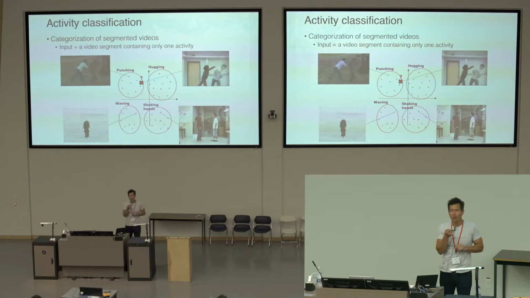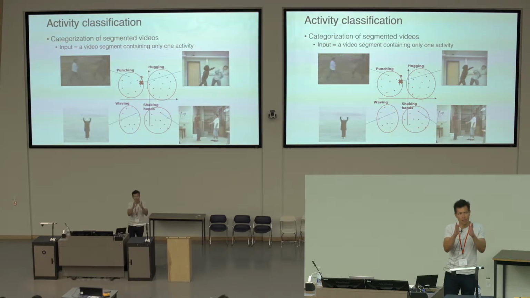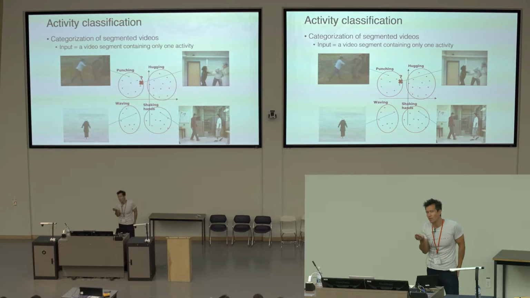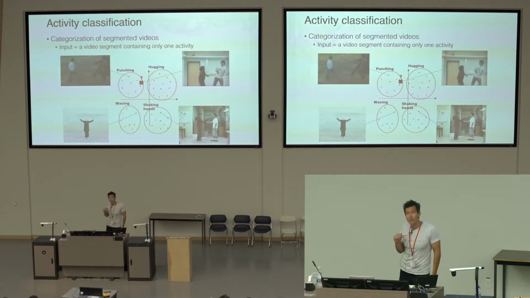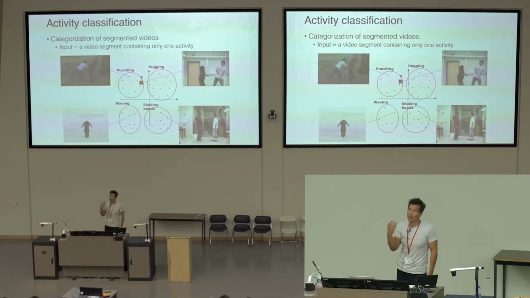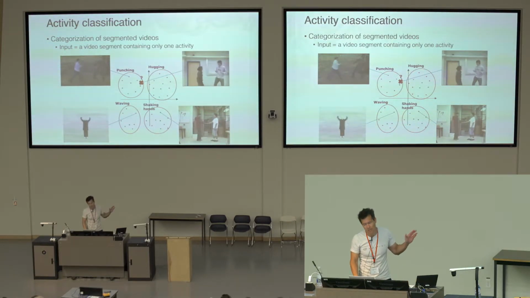So this version of the problem, we usually refer to it as activity classification. The idea is that the input is this cropped in time chunk of video, relatively short, and the question we're asking is, what is this? And again, as you may understand, this is a very small part of the problem of activity recognition. Much of the world is not presented to you in this sort of format, but this is what a lot of the effort in the research community is about: how do you classify a video into what's happening? So we usually refer to this as classification.